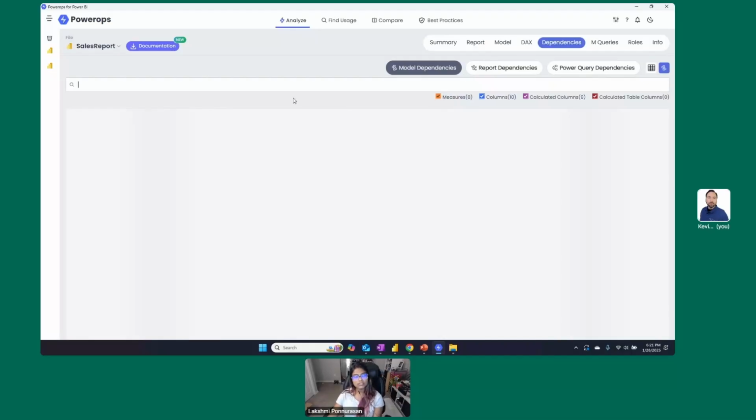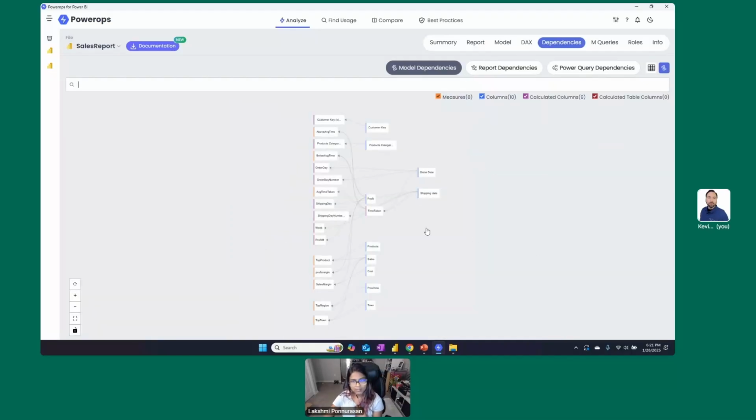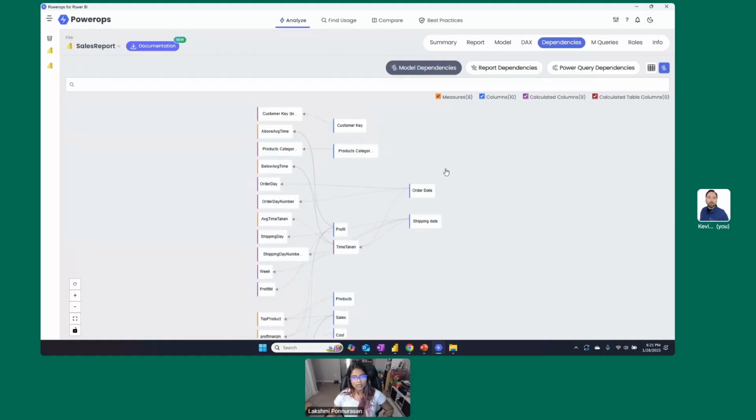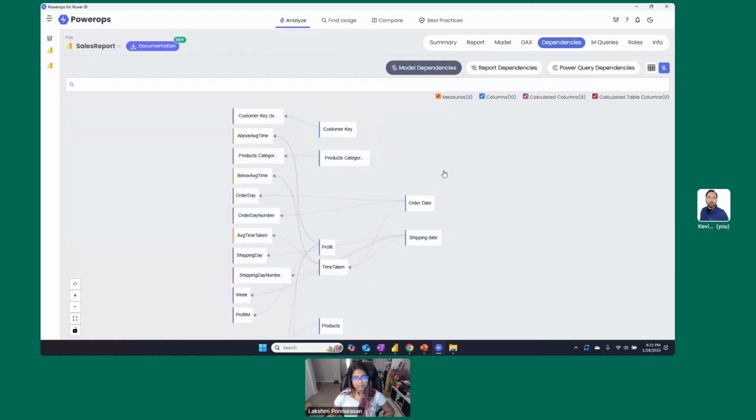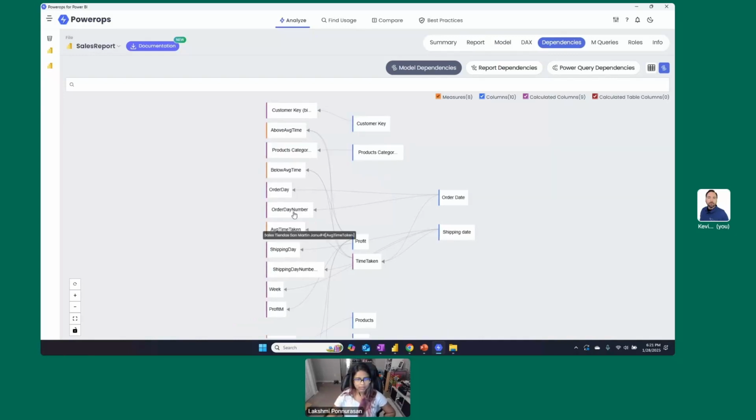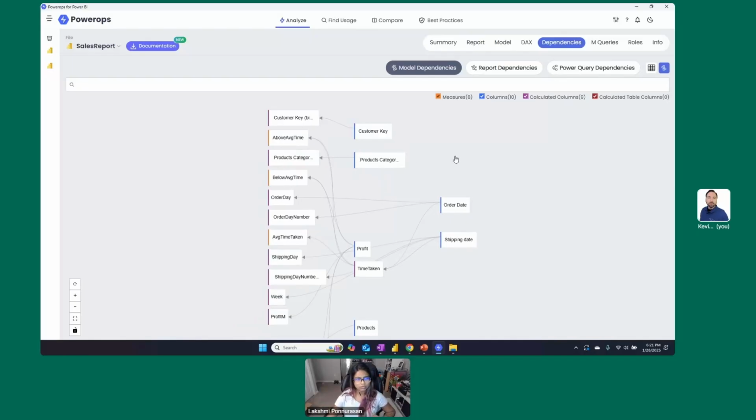Coming to the dependency section, one of the most useful sections, which really helps me, it helps you do an impact analysis. The dependency section is divided into model dependency, report, and Power Query dependencies. Coming to model dependencies, it will help you find the impact if you decide to modify or delete a particular column or a measure. For example, I have a diagram here which shows me the dependencies of each measure, column,